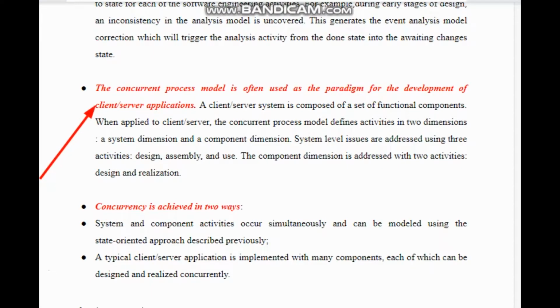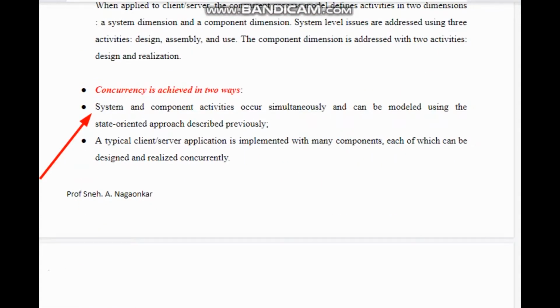So the concurrent process model is often carried out for client server applications. This is achieved in two ways. So what are these two ways? Let us see that. System and component activities occur simultaneously and can be modeled using the state oriented approach described previously. Here the system refers to the issues that are carried out to the system.